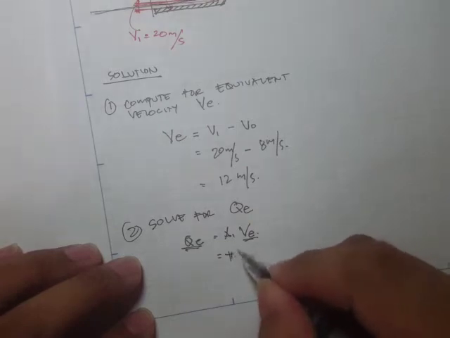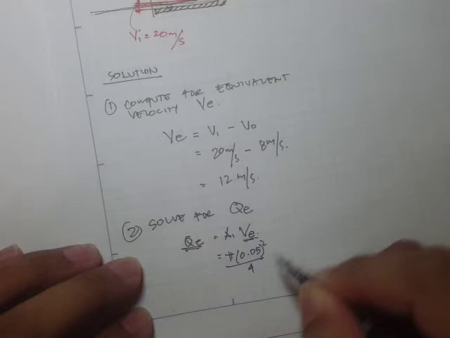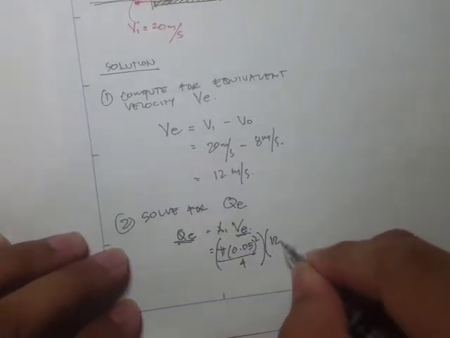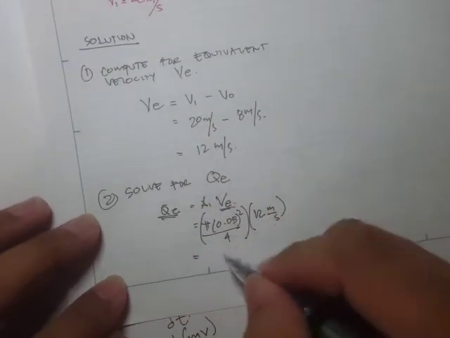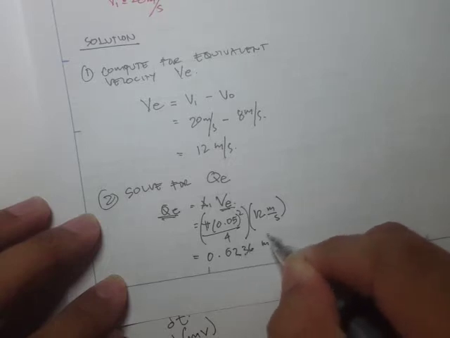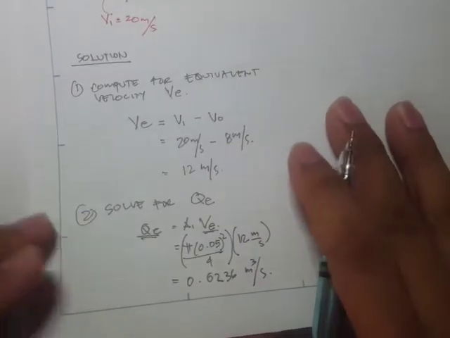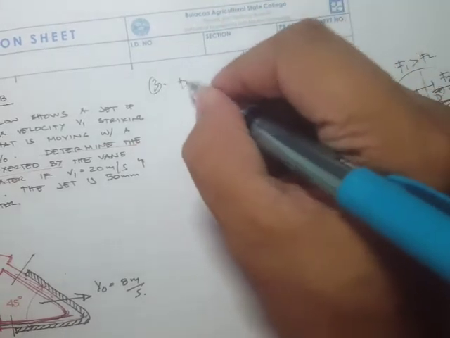A1 is just pi times d, which is 50 mm squared all over 4, times the effective velocity of 12 meters per second. And if you do the computation, what you'll get is 0.0236 meter cube per second. Okay, now we have the flow rate, we have the velocity, then I guess we can solve for, or let's draw the